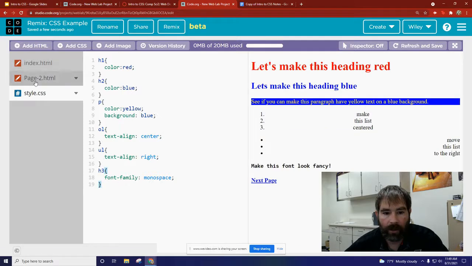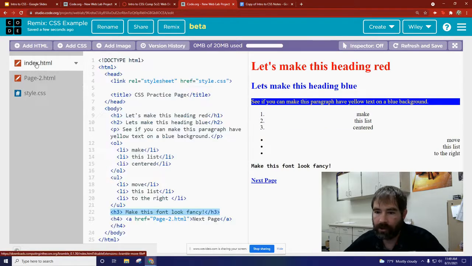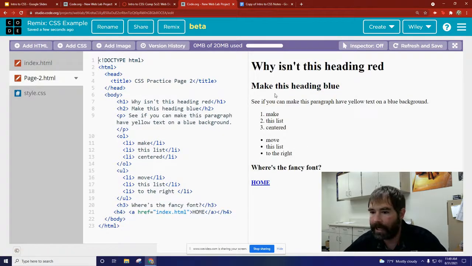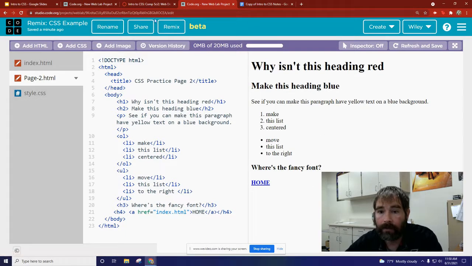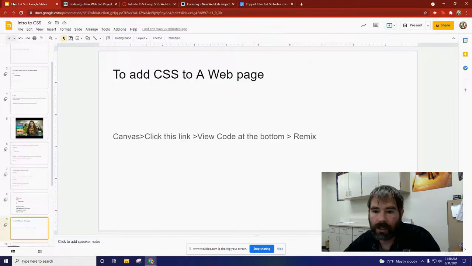So last thing we want to do though is look at this page 2. Obviously on page 1, I've got all this style. This is red and this is blue and this is yellow and this is centered. But if I click on page 2, I got nothing. I don't want to have to make a style sheet for every page of my website. If I got 100 pages, I don't want to have to make 100 style sheets. So what I do is use the